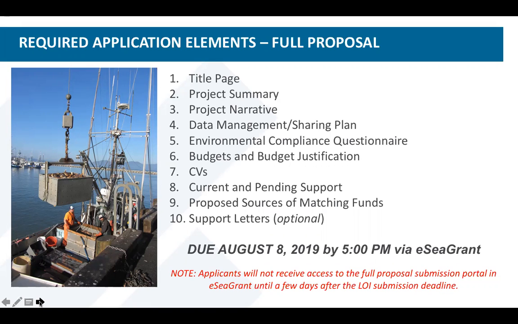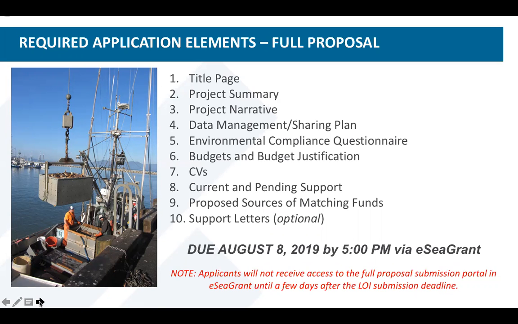If some people are new to Sea Grant, what's unique about our funding is that we require a 50% match, which is a federal law. So every $2 requested, you must match $1. If you have any questions regarding match, please direct those questions to our associate director. You can email her at